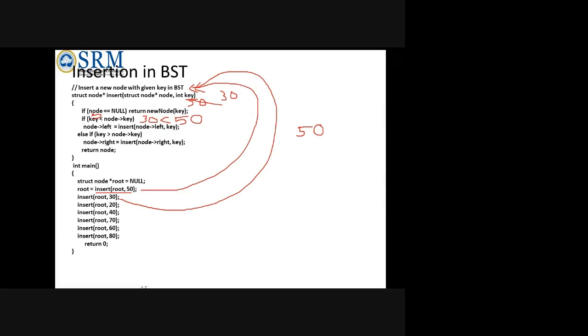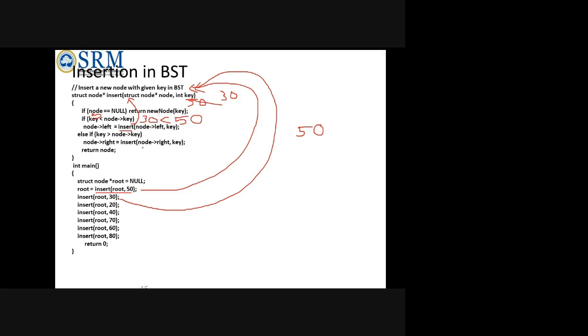So insert. Again, it will go here only, insert. When you call insert itself as a recursion, it will go again, this will be going here only. Okay, it will go here and it will take that node's left. It will move to the left node, that is the left node's address. And what is the key here now? 30. That will be returned. So that 30 will come here, and once again it will come here. Now it will return the 30.